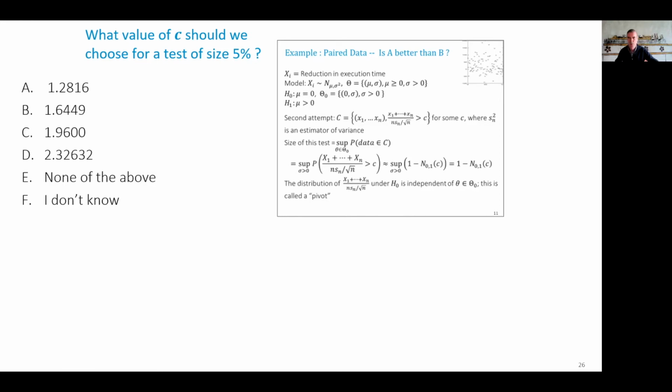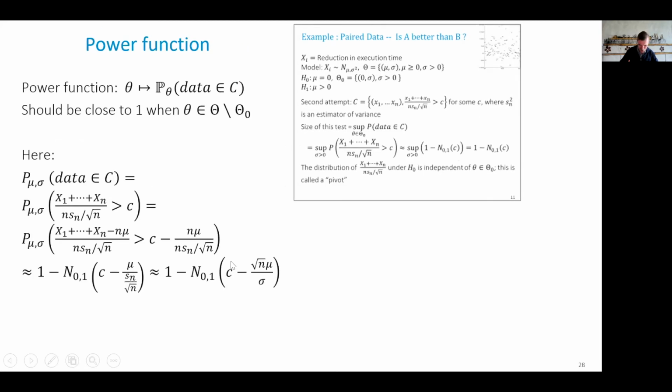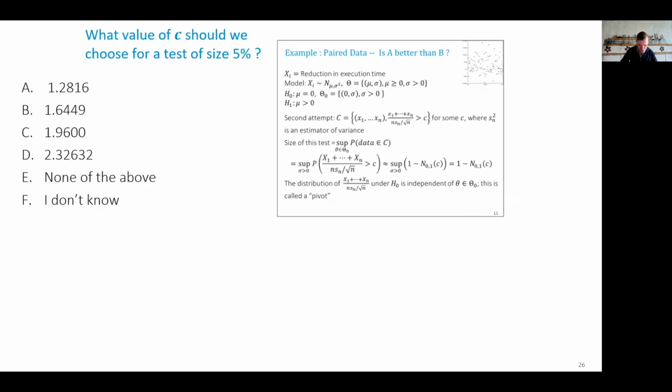I close the poll in a few seconds. And the correct answer is not 1.96 like it is usually in statistics, but it is